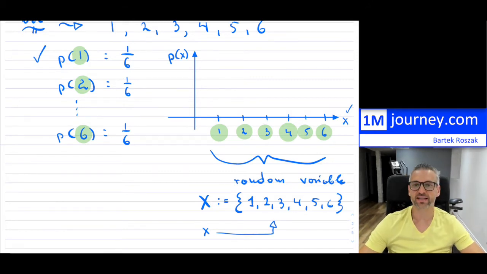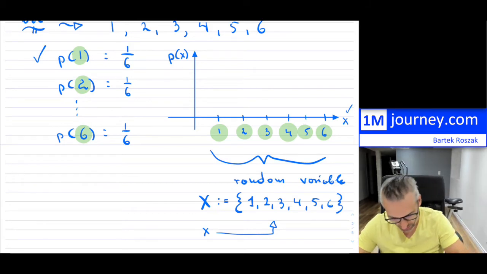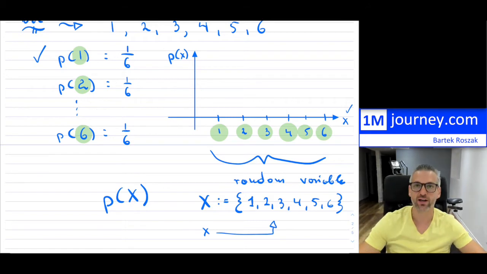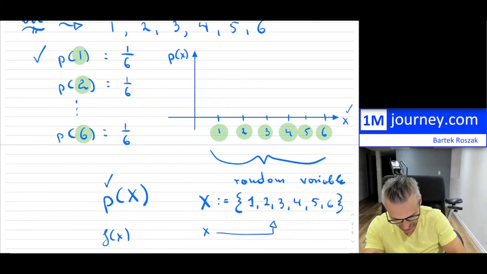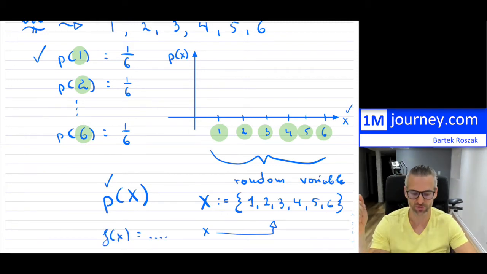That's exactly what we did in functions. Now, if you want to plot the entire distribution of the probability, instead of writing f of x is equal to, and then whatever our results would be,